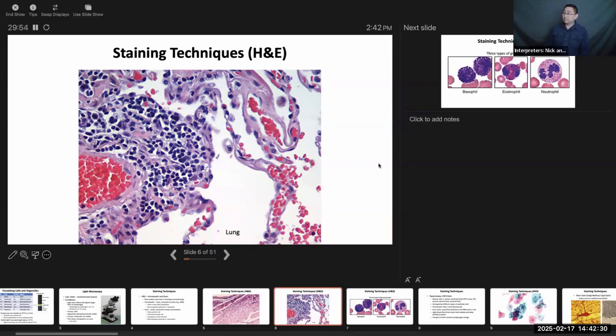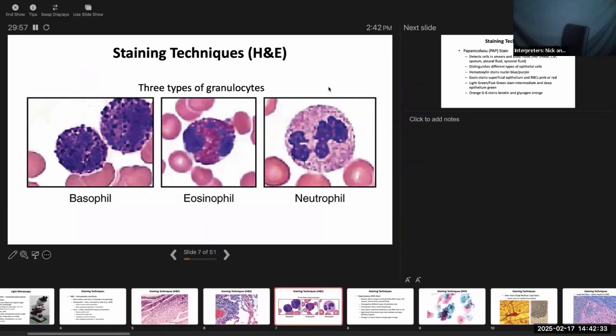And here we see three types of white blood cells that we talked about, basophils and eosinophils briefly. I'll go back over those in a second. Collectively, these three types of cells are all called granulocytes, which refers to the fact that they all have granules in the cytoplasm. The basophil is the kind that attracts base, and it's attracting the hematoxylin, which is the basic stain, and that's what's causing all these granules in the cytoplasm to turn very dark blue. The nucleus is in there too. It's a little hard to make out, but